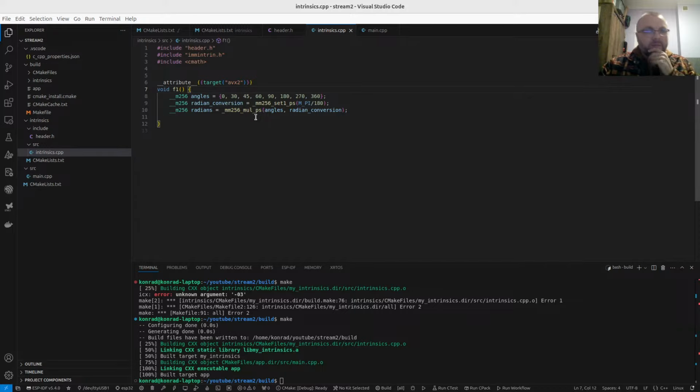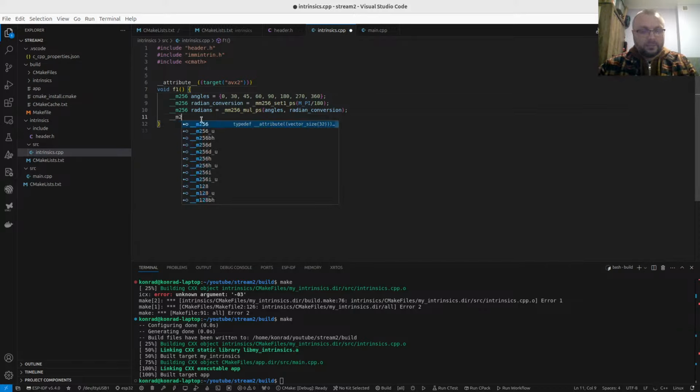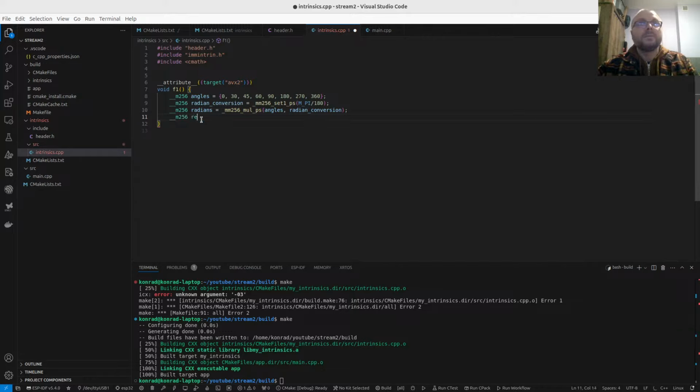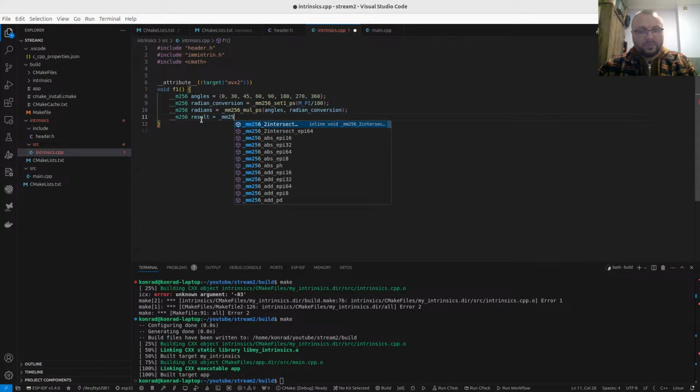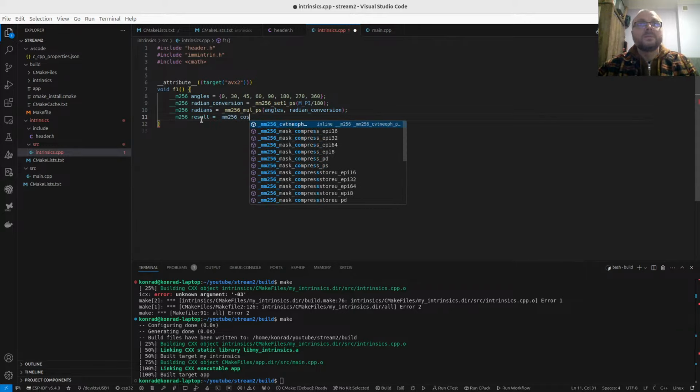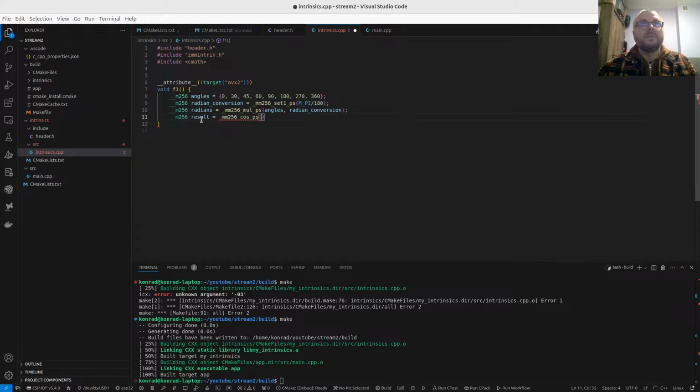Okay, so we have radians, and now we will calculate the cosine. __m256 result is _mm256_cos_ps, cosine, single precision, and we use radians. So for our angles,